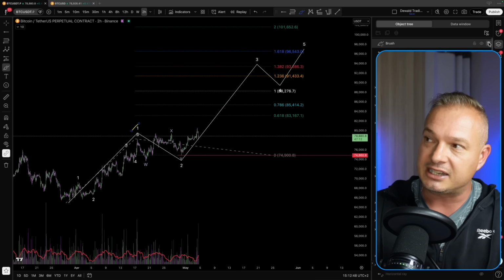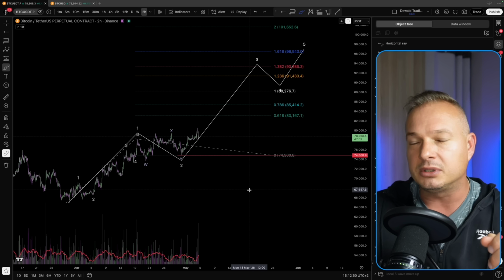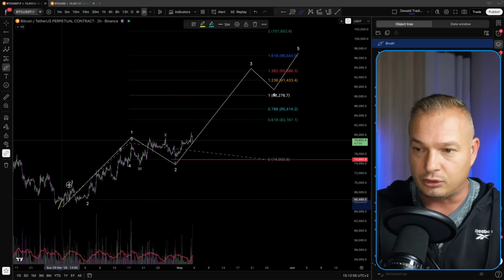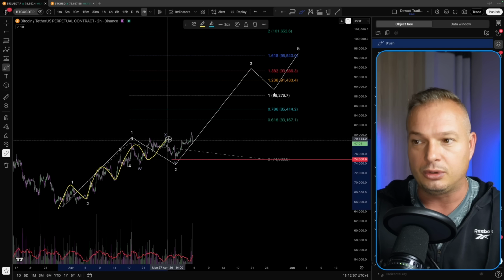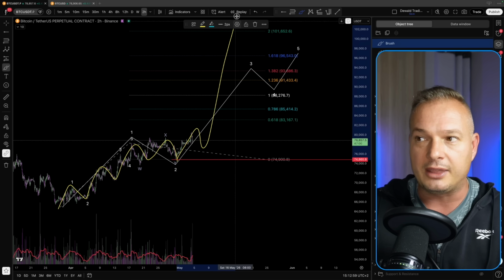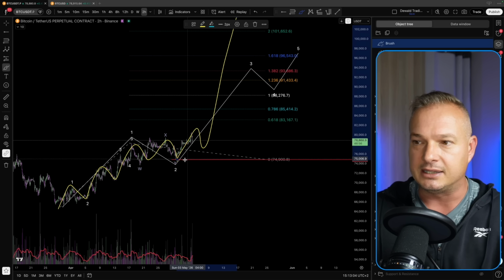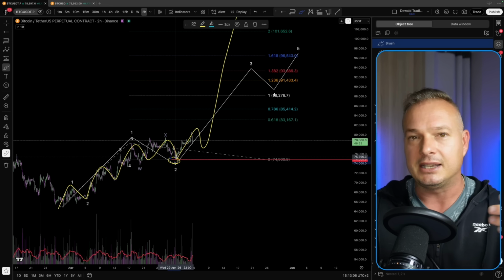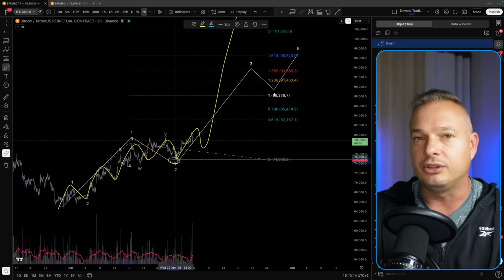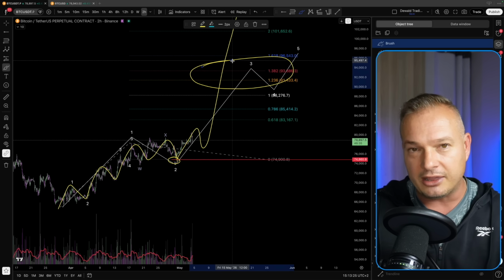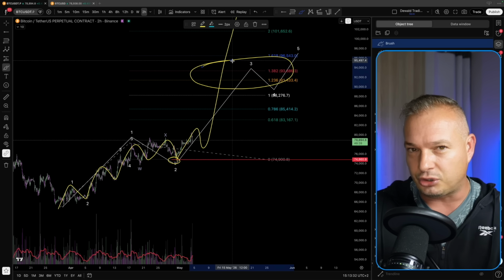Okay, I know that some of the Elliotticians will tell me, Devil, there's also the possibility for nested 1-2s here to the upside. Yes, it could be the 1, 2, 1, 2, 1, 2, another 1, 2, another 1, 2, and then it absolutely explodes to the upside. But the directional bias is the same. The invalidation is the same. It is just how price is going to get there that will be different. And this is obviously where I will analyze the price together with the community to identify those trading setups.